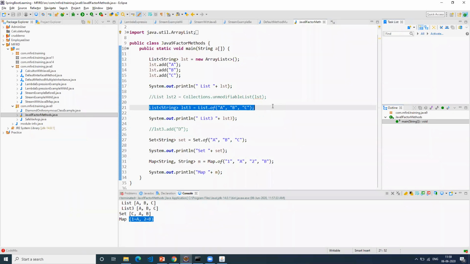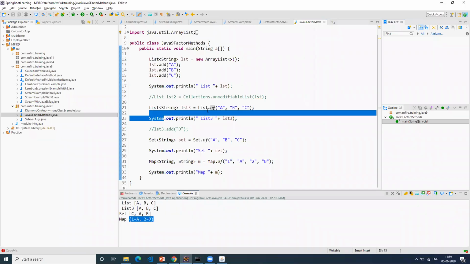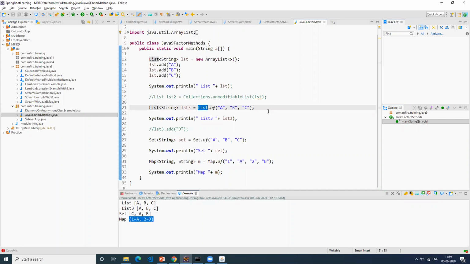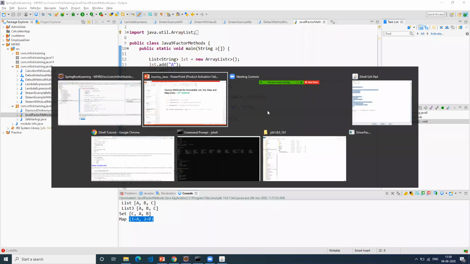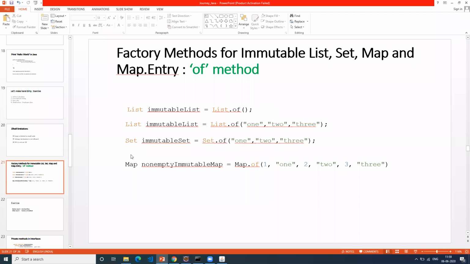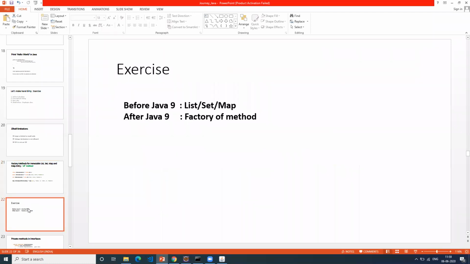One more method for your immutable list. You know what immutable is, right? Once you add something, you can't change it. Yeah, that immutability can be achieved using unmodifiable as well as with this also. With this approach also you can do that. Right. Thank you. Okay. This is just one small feature they have added. I just wanted to highlight that. I think this is what we experimented with. I showed you before Java 9 and after Java 9.